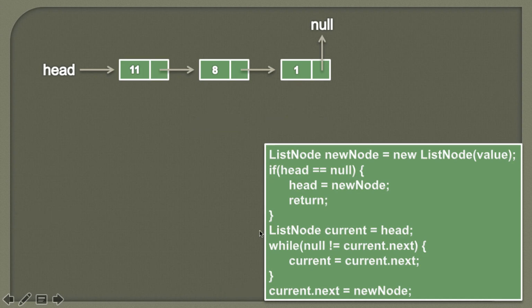So friends, once this method gets executed, we know that our singly linked list has now 3 nodes. We started by inserting a node having data as 11, then we inserted a node having data as 8, and then we inserted a node having data as 1. You also saw that we are actually inserting this node to the end of the singly linked list. So friends, this was a demonstration of the algorithm. Now let's go to Eclipse and see the working of this algorithm.